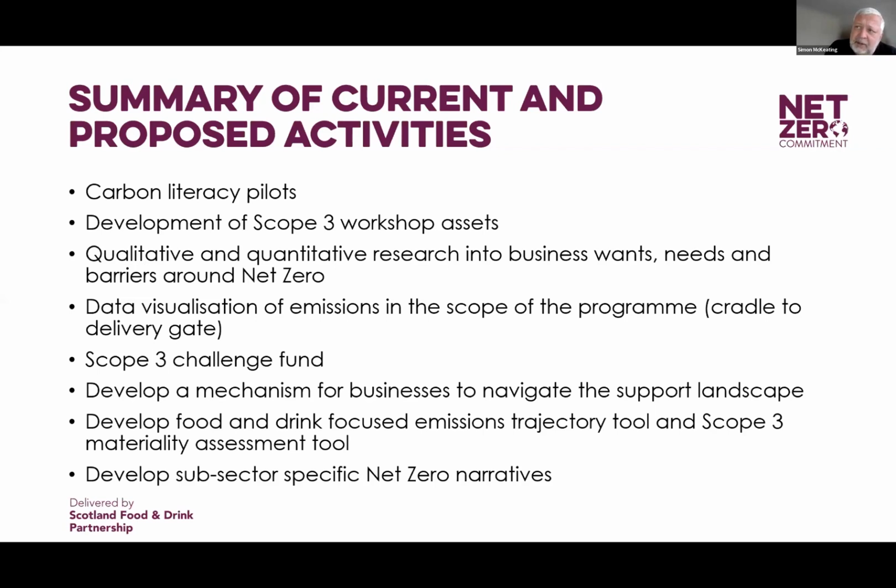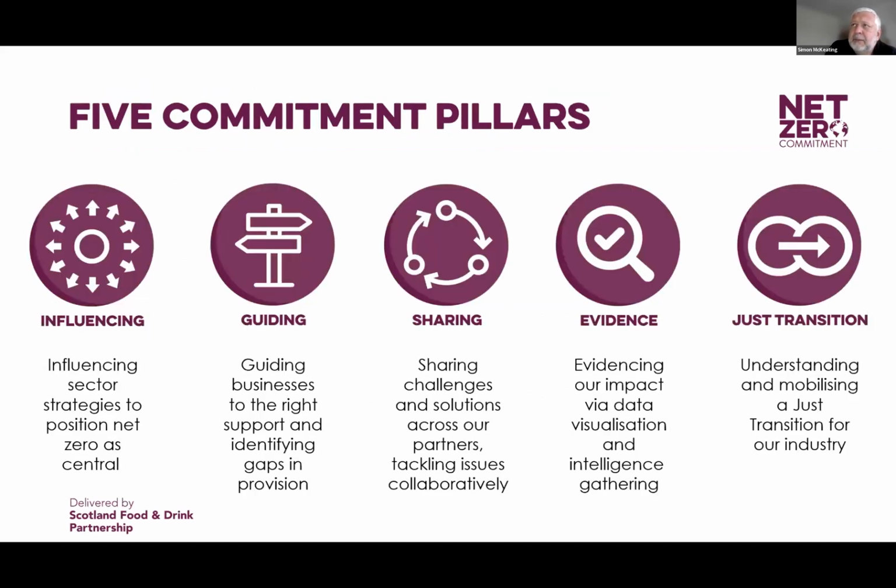And all the time, part of our role is also to develop subsector net zero narratives, particularly for those sectors that have some challenges. I'm thinking of, for example, products of animal origin. We have tried to